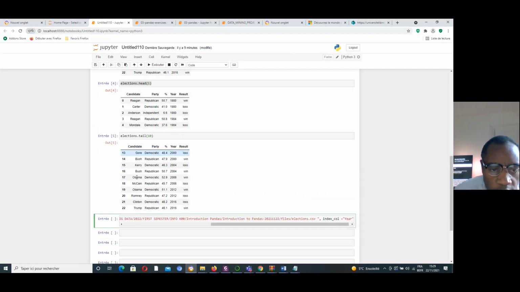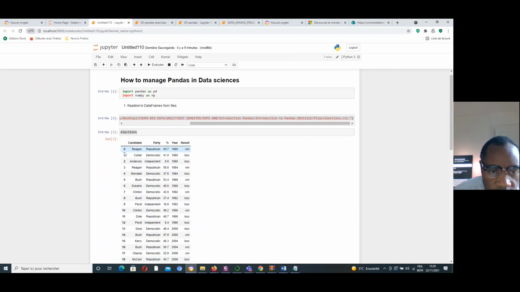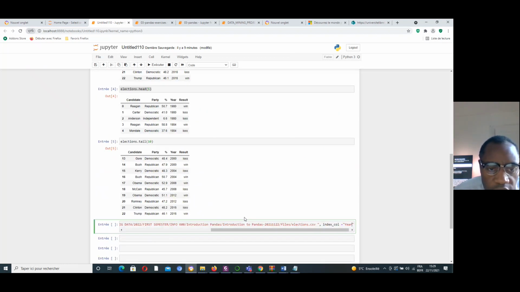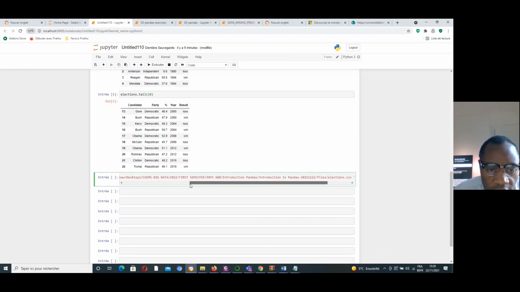You know, here the index is 0, 1, 2, 3, 4, 5. We need to print the data with a new index, which is here. Okay, let's run, execute it.